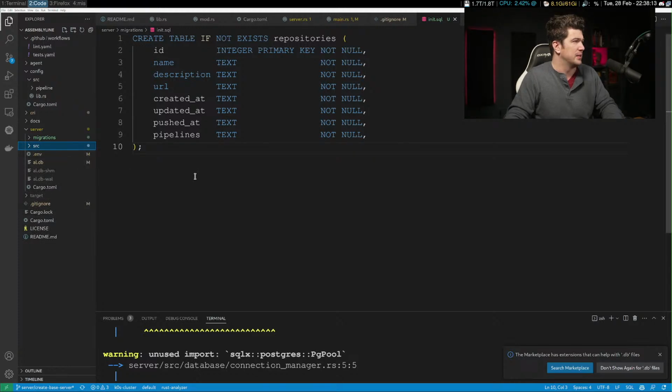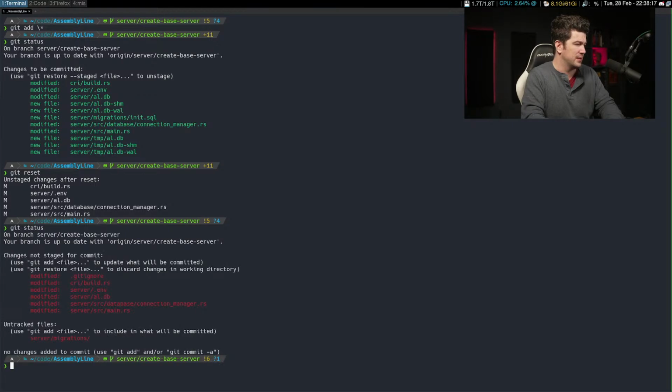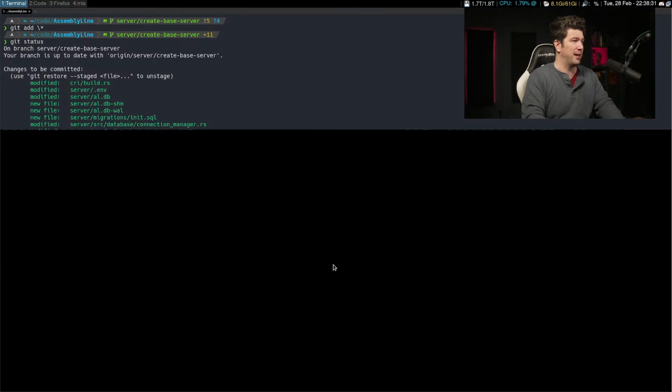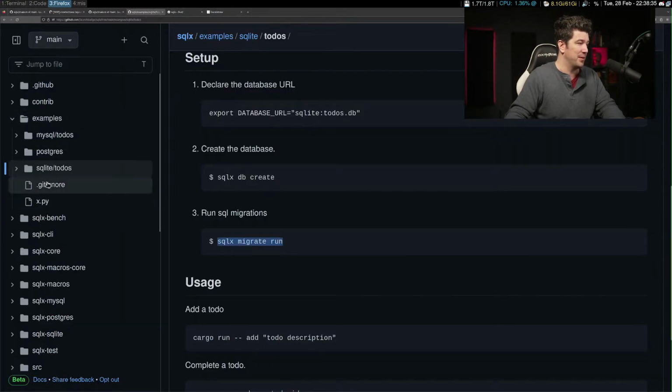All right. So I think this should be good now. Git status. We'll check in the migrations. I feel like we should be able to do something in the build.rs for running the migrations and stuff. I don't know that they have an example of that, but that would be what I would want them to do.